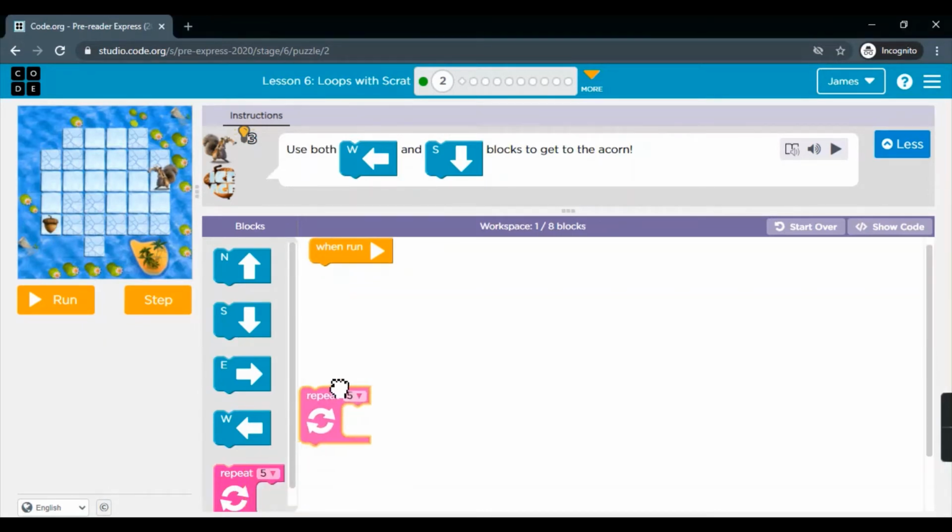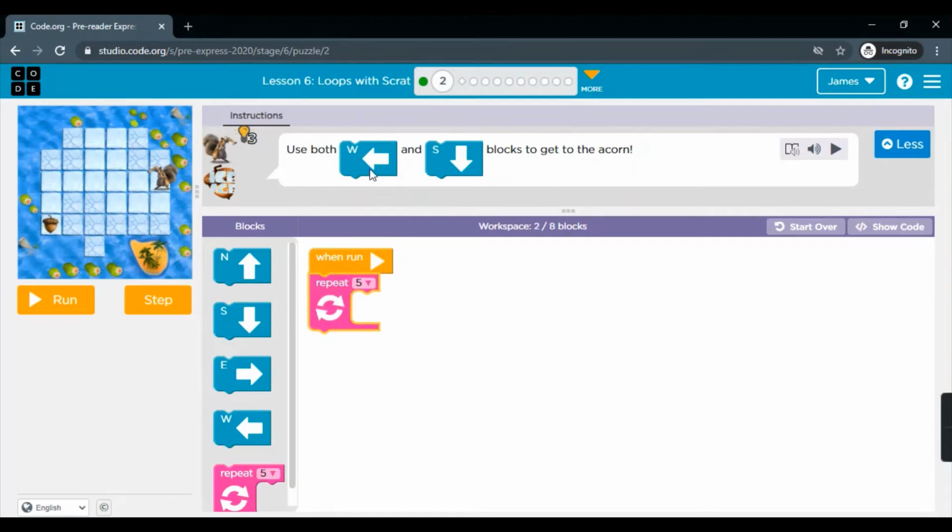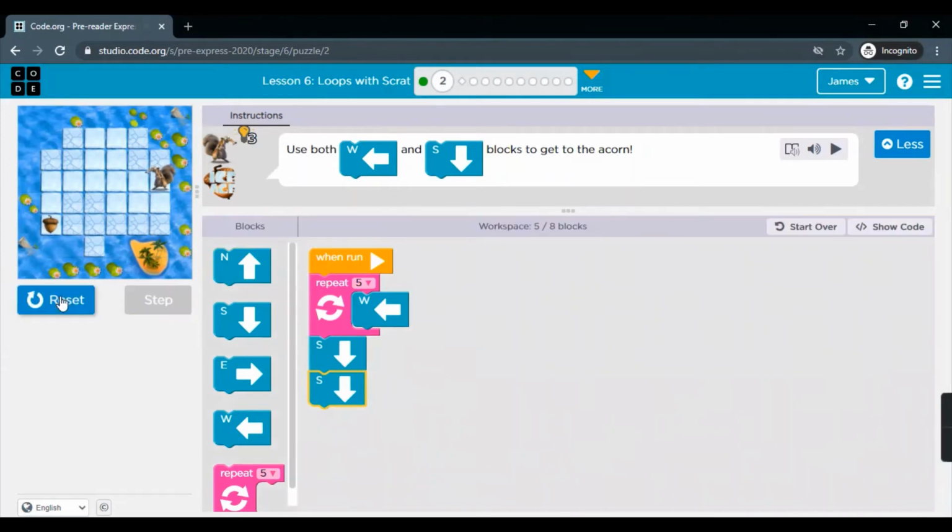So let's start with the repeat block. 5 times west and 2 times south. If you use a repeat block, set it to 2 and then put the south block, that will also be considered as 2 blocks. Instead, I am putting right away 2 south blocks. Let's run it.